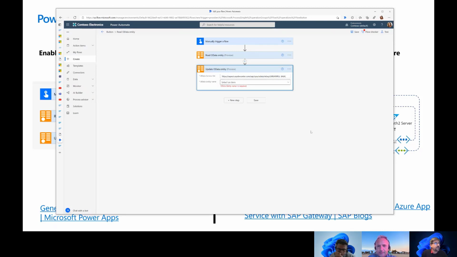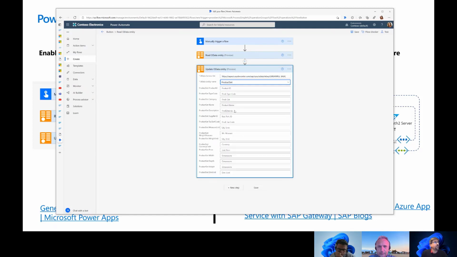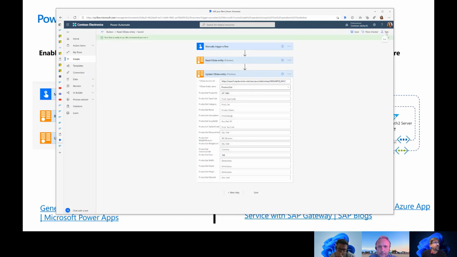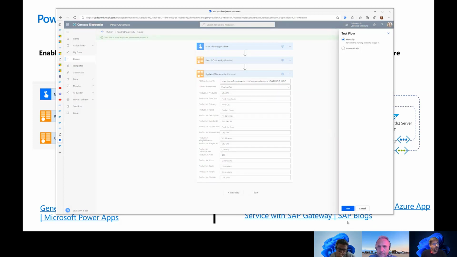Now, all of this is done in the background for you here. So if I now select this product set, it fetches all the properties that I can actually update. So now what I would do is I would say for this product HD 1000, I just want to change the price to 100 euros, for example. I just click on save. And if I do the test again, then hopefully we will be able to update this data in our